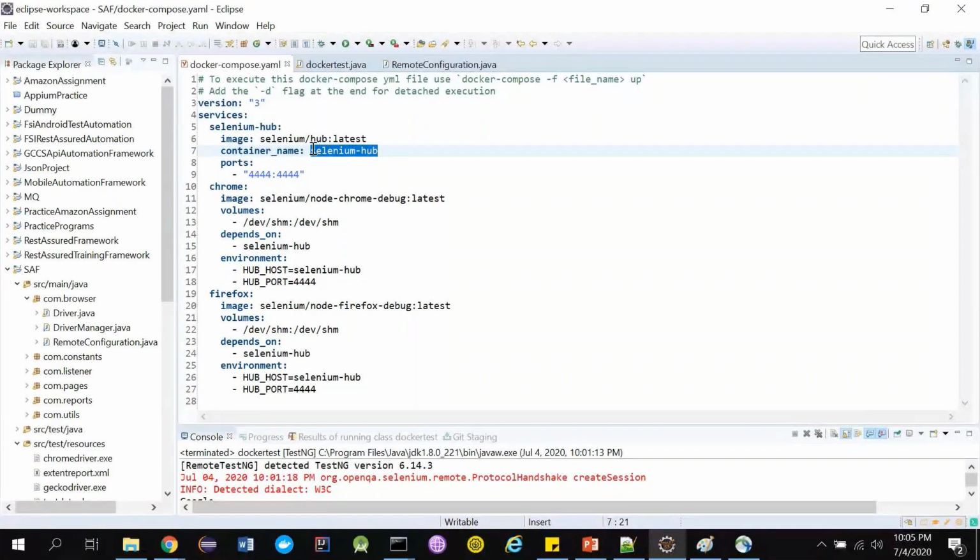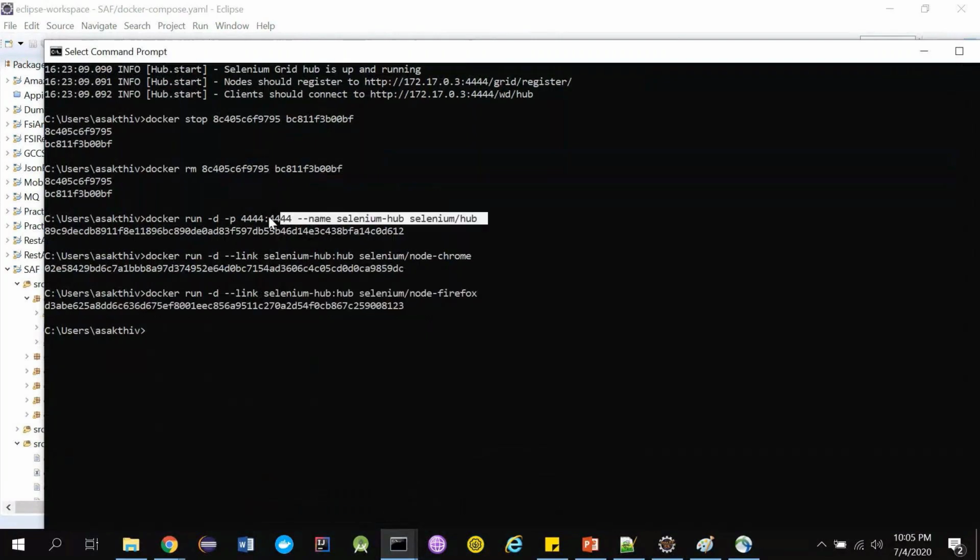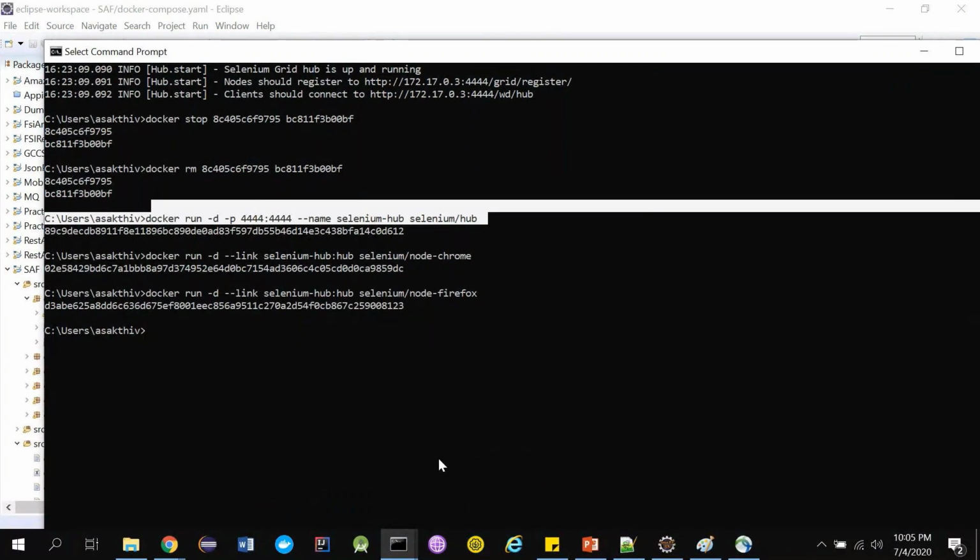I always told you, naming a container is a very good approach. If you don't name it, it's okay, but always prefer naming it so that you can stop and remove them easily. And we are exposing port 4444. Whatever is on the left-hand side is your local host port, and what is on the right-hand side is your Docker port. So you delegate your request to this port, and it will then delegate it to the container port 4444. So we have set up this Selenium hub. Whatever command we typed before, we have now converted into a Docker Compose file format.